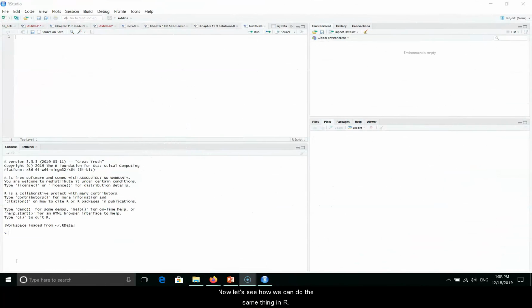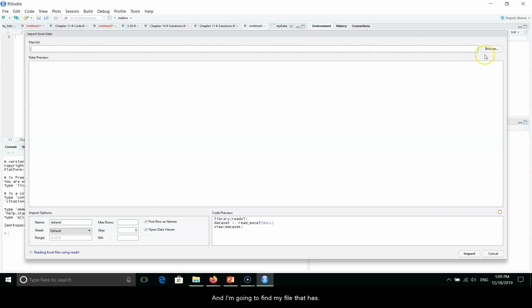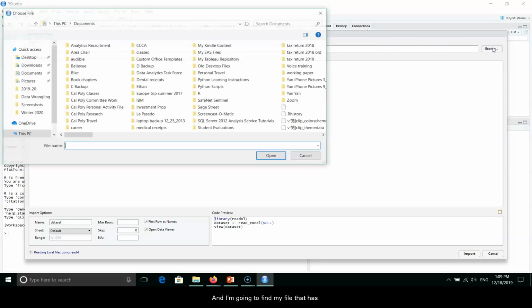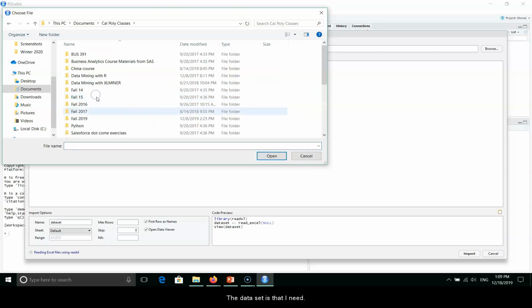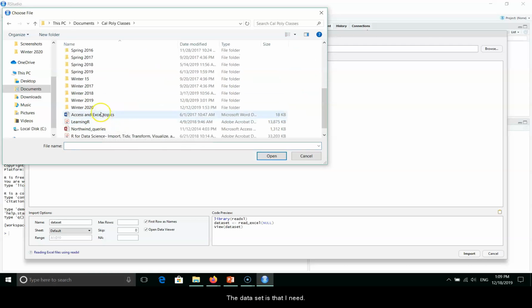Now let's see how we can do this in R. In order to use R to do the counting and sorting, I'm going to start RStudio. And this is the interface of RStudio. The first thing I will do is I need to import the data set. So I go to Import Dataset from Excel, and I'm going to find my file that has the data set I need,